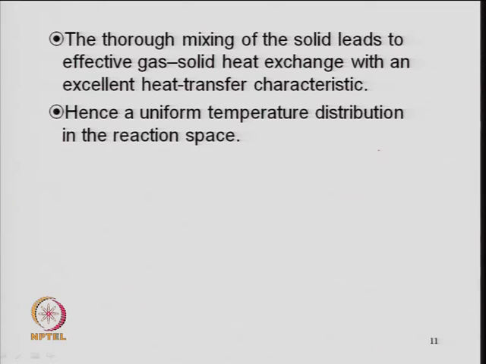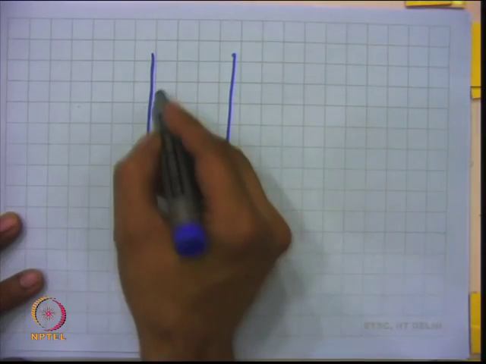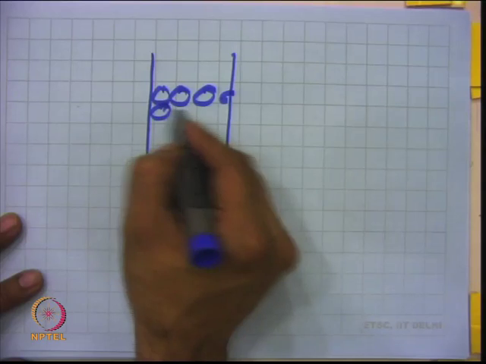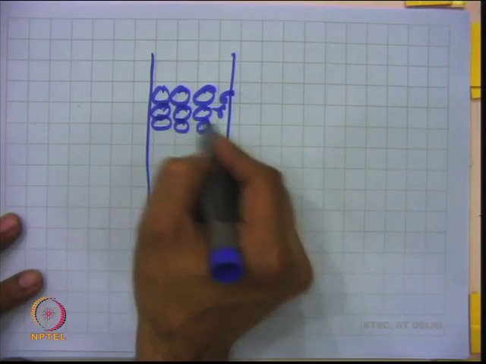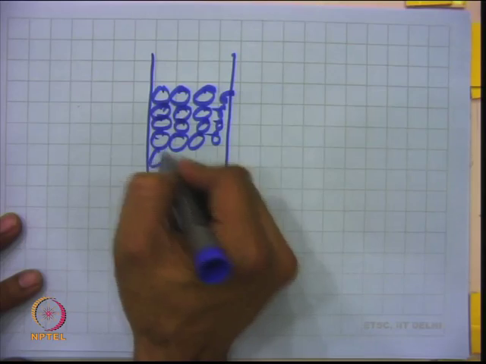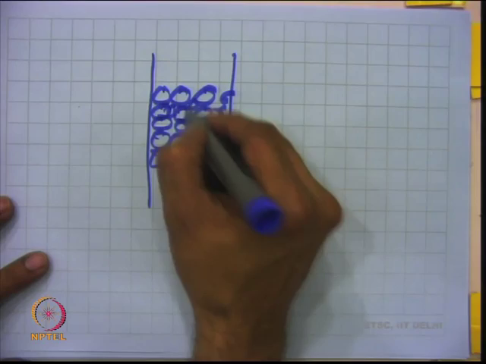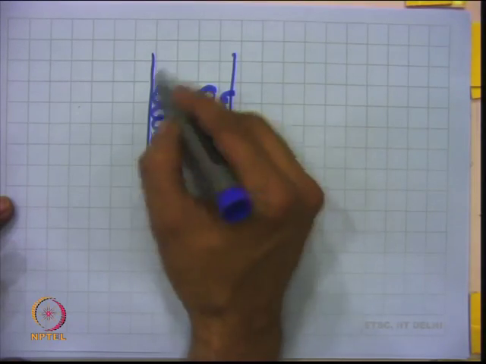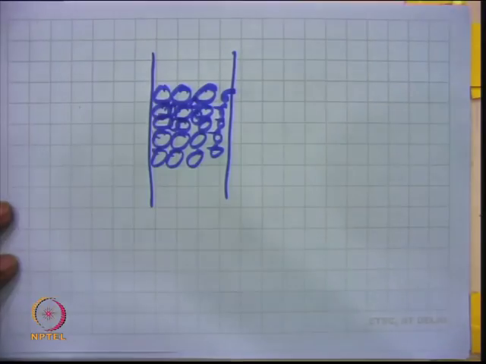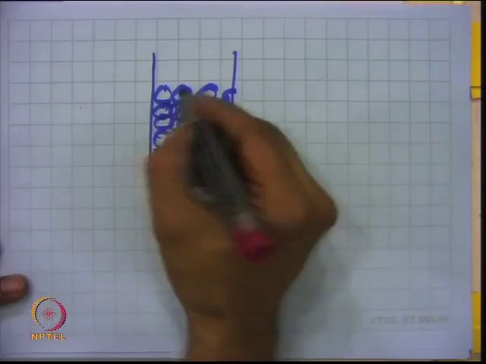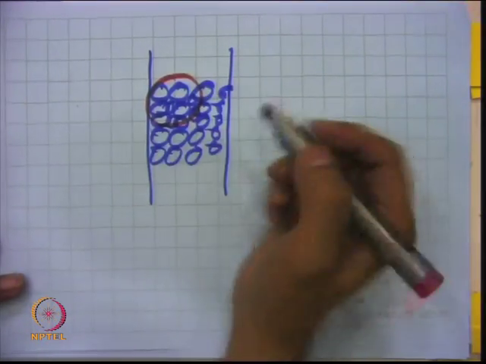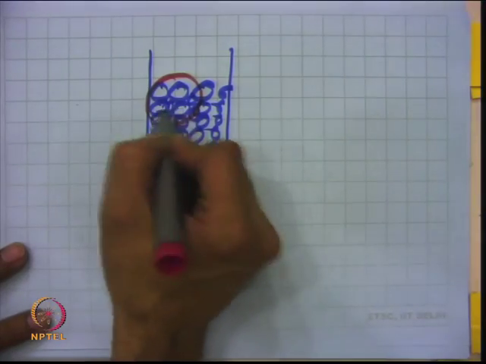So, thorough mixing is very important, and in the case of fixed bed generally the pressure drop is an issue, that is one thing, and simultaneously you see that there are a lot of particles placed in the bed. So, depending upon the kind of packing, like this, suppose the particles are densely packed like this, the contact between the gas and solid in this zone will be poor. Because this is a densely packed zone, so poor contact. So, this is not a good kind of design.